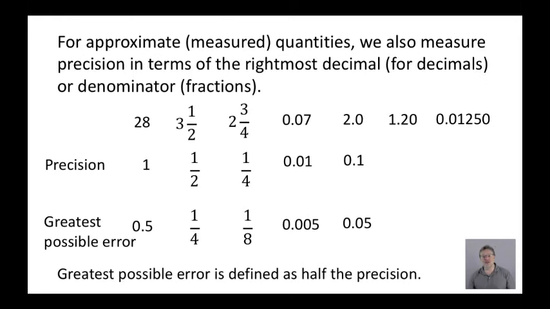The precision here is 0.01. Once again, we can divide that in half to get the greatest possible error of 0.005. Lastly, the longest decimal of them all,